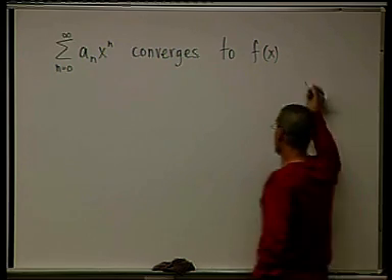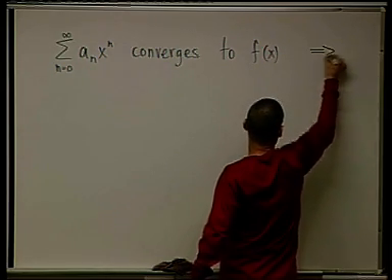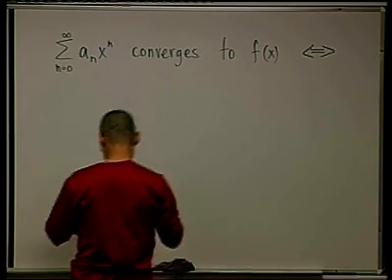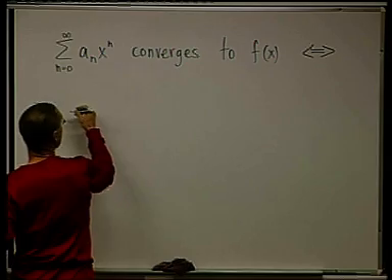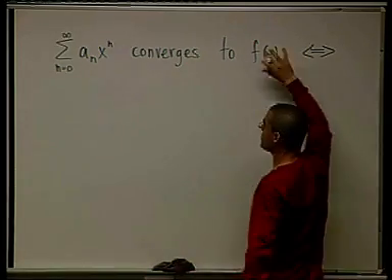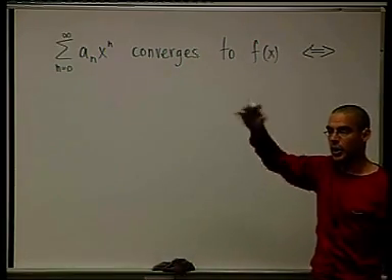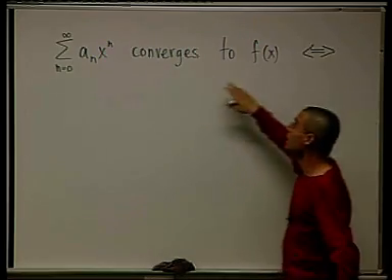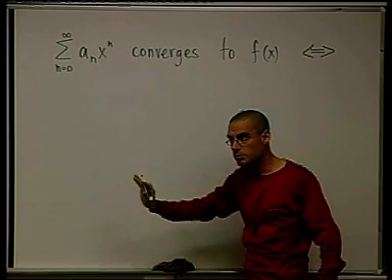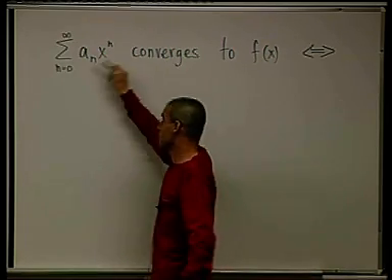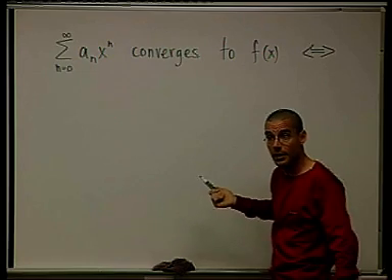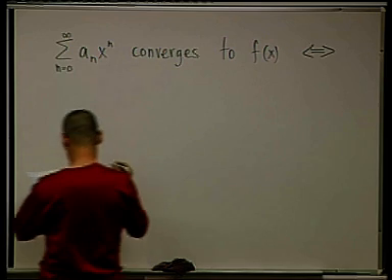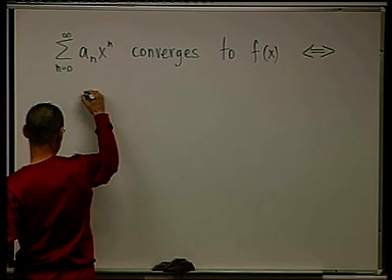So the claim is that this is true if and only if, and all this discussion is in the interval minus R, R, in the domain of convergence, in some domain inside the radius of convergence. So it's going to converge to something, but does it converge to f? The claim is that this converges to f if and only if